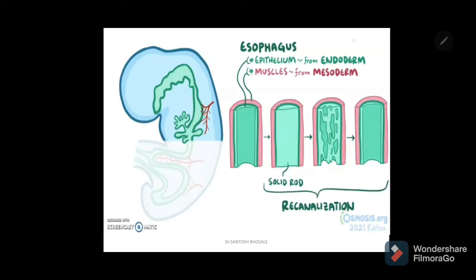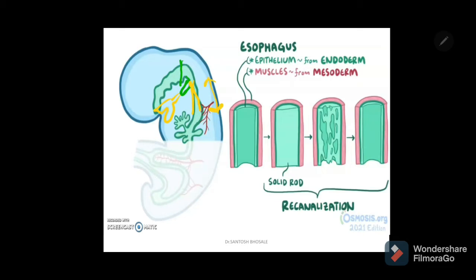So remember that it undergoes elongation to have an adult position. So these are the different steps in the development of the esophagus. Firstly, remember that the esophagus develops from the post-pharyngeal part of the foregut. Then you have an outpouching, a ventral diverticulum, called the laryngotracheal diverticulum. Then there is formation of a septum, the tracheoesophageal septum, that separates the esophagus from the developing trachea and lungs, and the esophagus undergoes elongation.